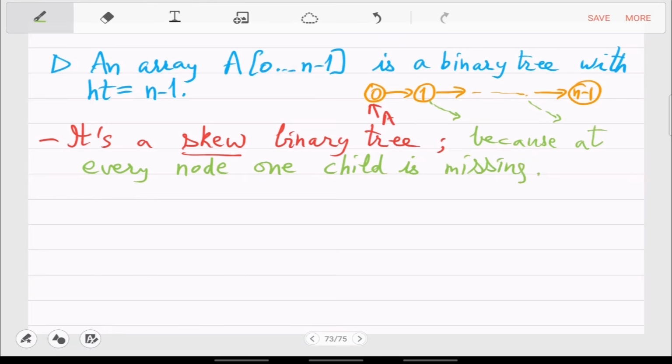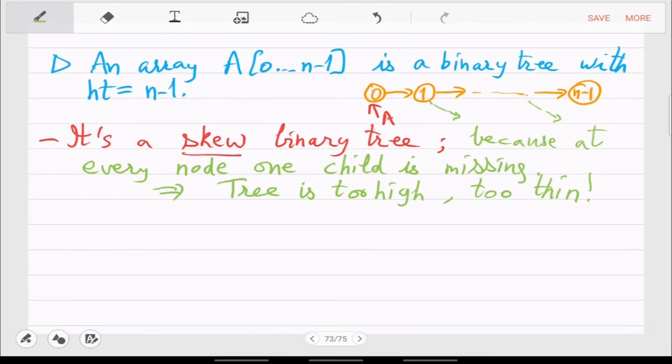So what this leads to is that the tree is too high, height is quite high or maximum, and consequently it's too thin. So this is the problem with these arrays and linked lists: the height is very high.